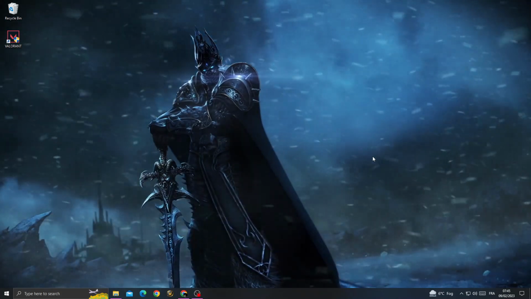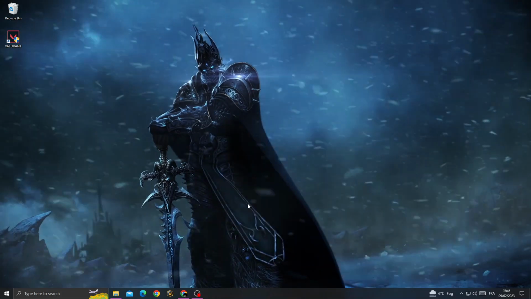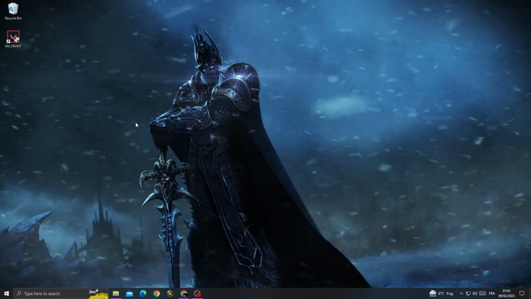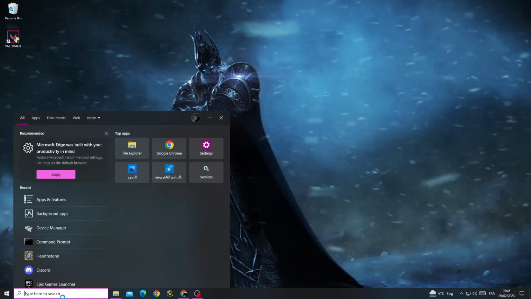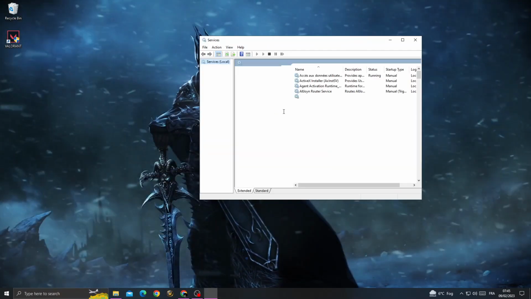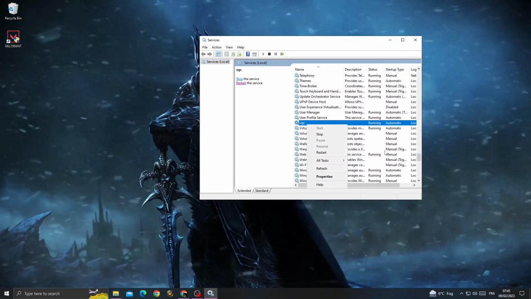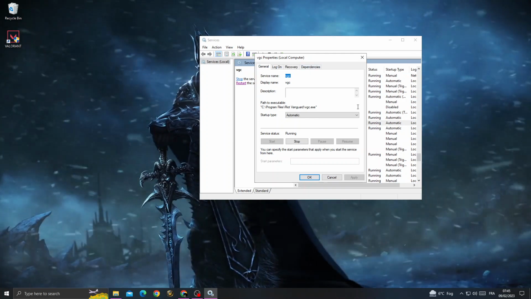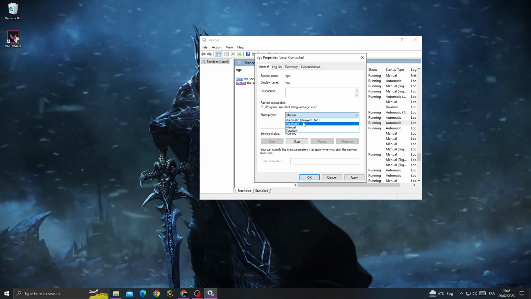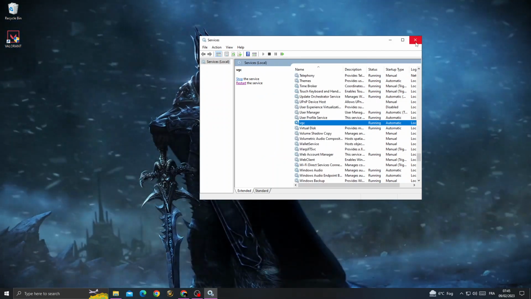Hello guys, in today's video I'm gonna show you how to fix Valorant error code 7 easy and quick. If you want to fix it, it's easy. All you need to do is just type here services, scroll down until you find VGC and click properties, and after that you will find it like that. Manual, make it automatic, apply and OK, and then